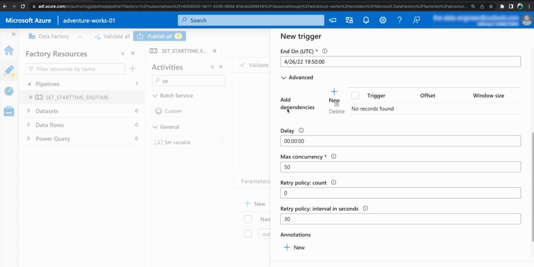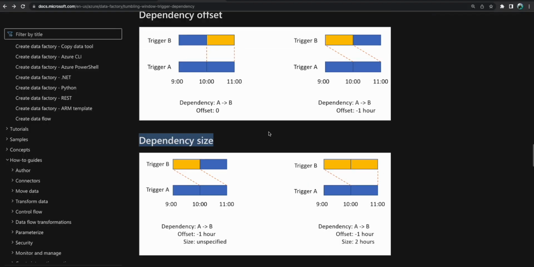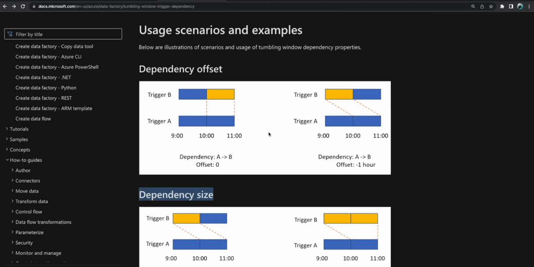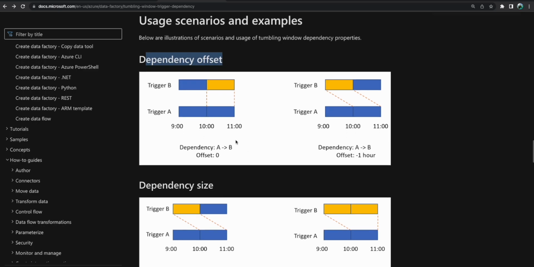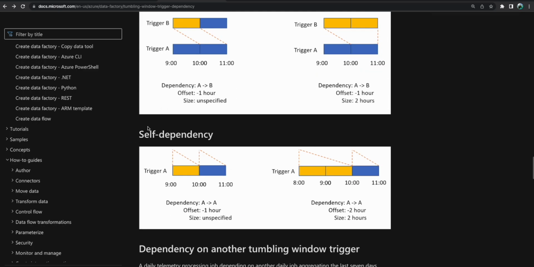In the advanced section, the first thing that you'll see is to add dependency. And let's speak about this in more detail because this is something which is important. Now, not every project or every use case requires this, but in a few cases, you might definitely need this, and it's good to go through it. There's very good documentation from Microsoft which explains this really well, so let's just go over there. There are 3 things that you can see over here right now. The first one is the dependency offset, the second one is the dependency size, and the third one is the